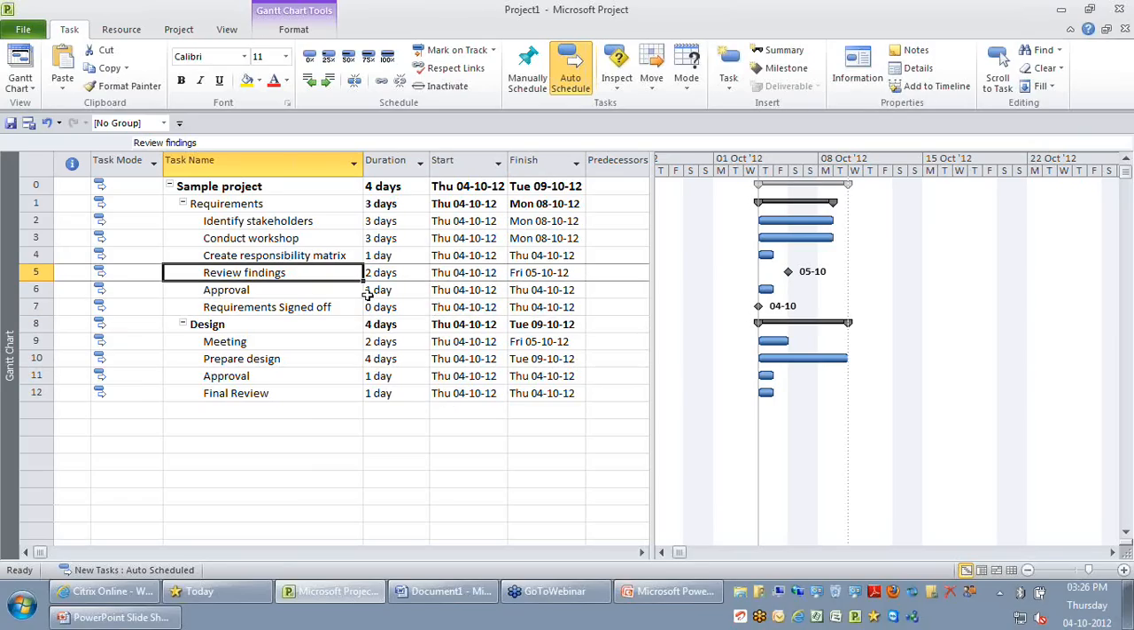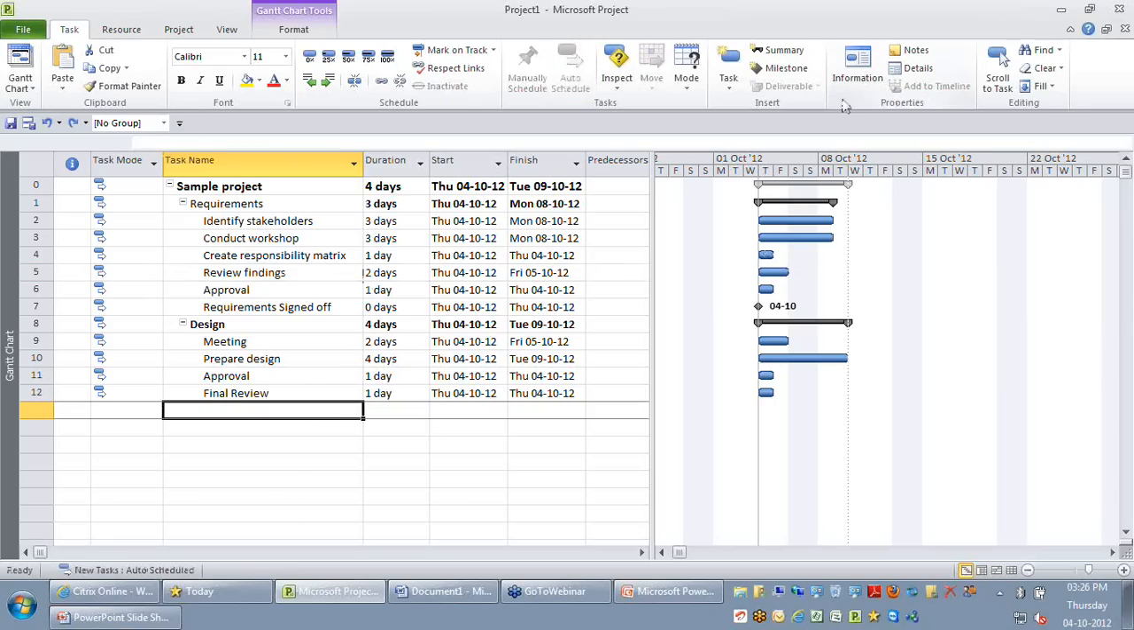But I recommend you don't use both these options on the same file because it tends to confuse people who are reviewing the plan. So let me undo this change because I'm just going to go for option A. Let me also add a milestone here. Let's say I just say design